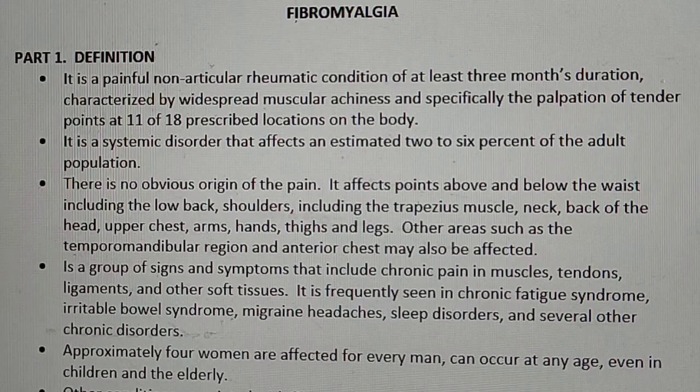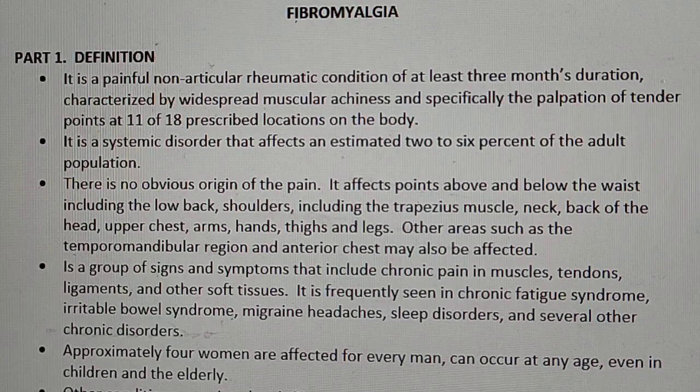Okay, so it is a systemic disorder pertaining to the body system, like inside the body, that affects an estimated 2 to 6% of the adult population. Okay, there is no obvious origin of the pain. Here you go, guys. It affects points above and below the waist, including the low back,